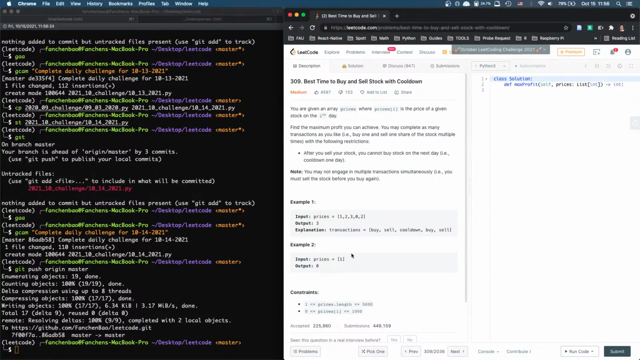So starting, we have the holding state, empty state, and cooldown state. The initial profit on the holding state, we have nothing to hold, so the initial profit is 0, right? And the empty state is initially empty. Can we all start with 0? And then